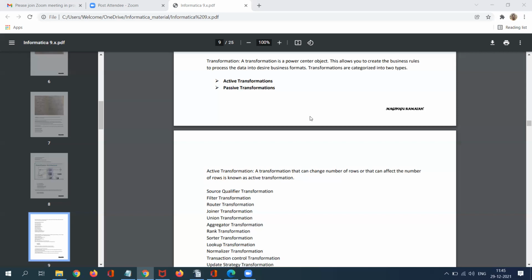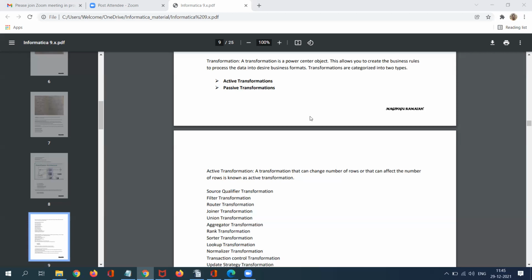If any transformation changes the record count, suppose I am sending 10 records from the source, and at the next level 4 records are loaded into my target table. 6 records are not loaded, or they are deleted.